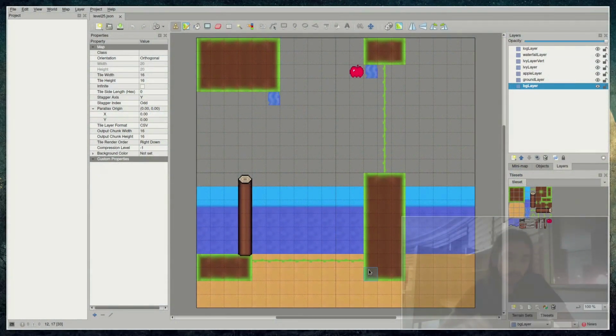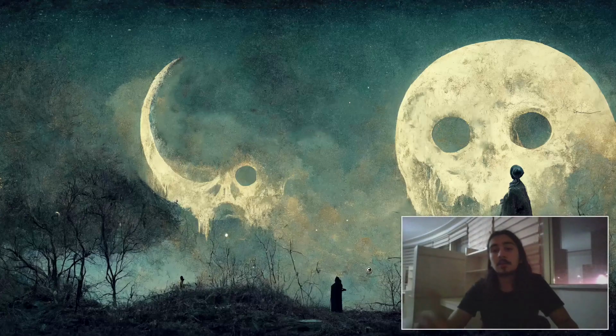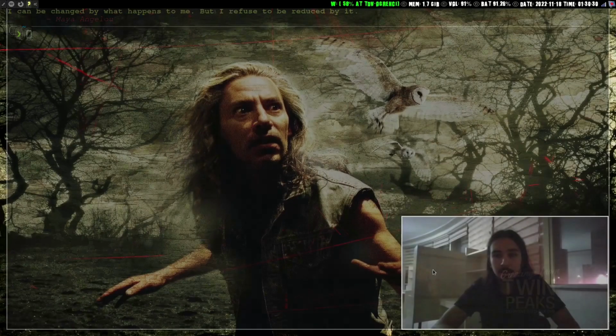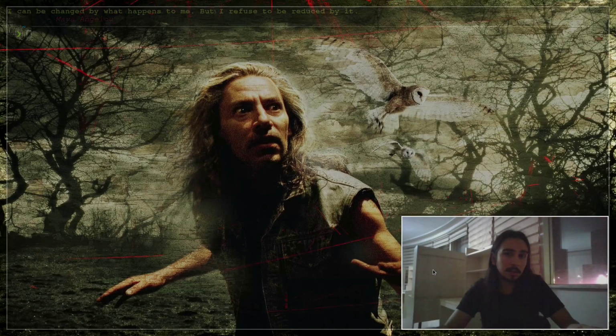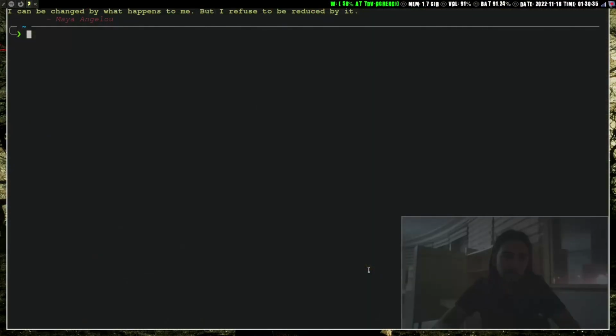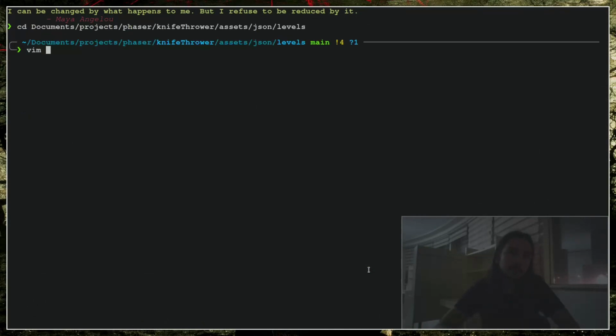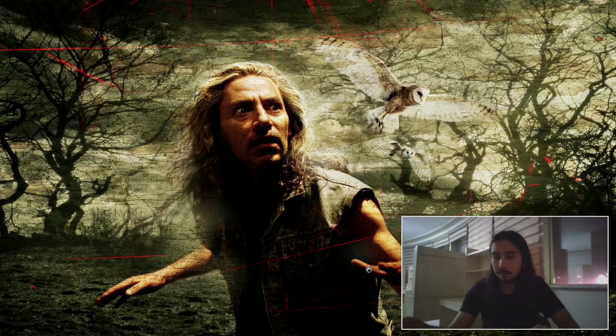Alright, then you have Tiled, and I actually forgot: of course, you are going to need an editor, a text editor, or an IDE. I will personally be using Vim. If you're new to programming, don't start with Vim, of course. It's not like your regular text editor or IDE. If you have no idea of these concepts I'm talking about, like what's an IDE, what's a text editor,